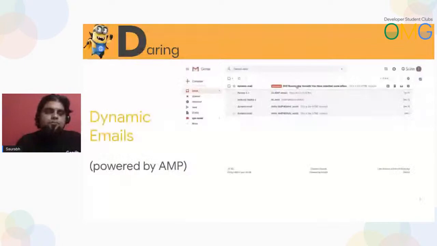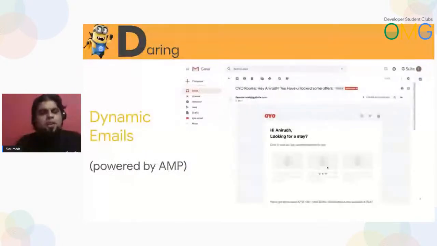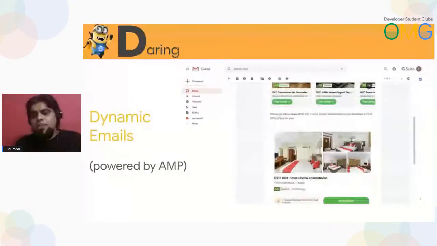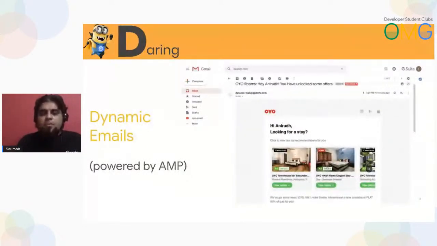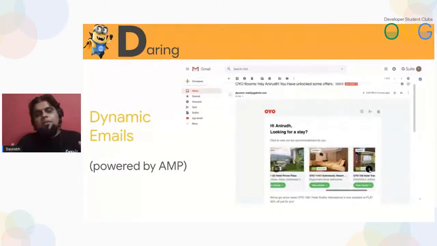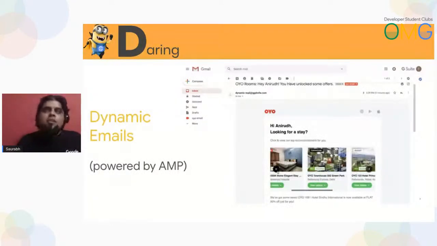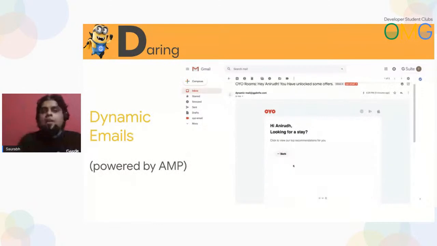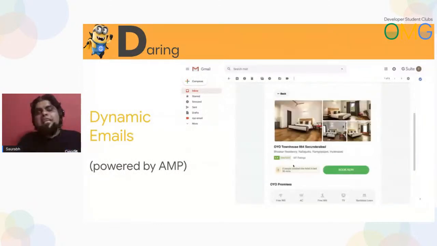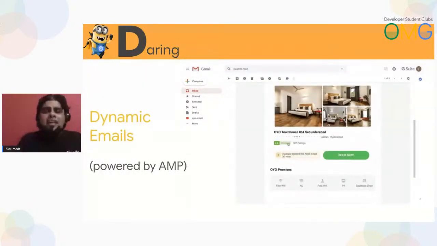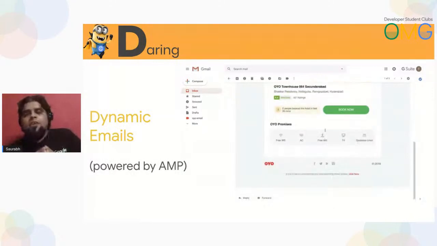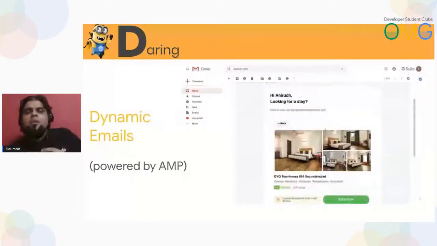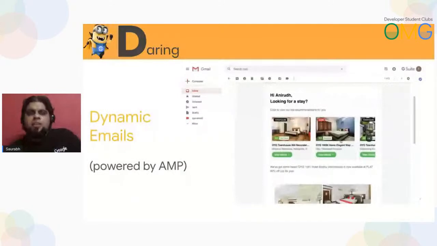So just to give you a quick example of what I was talking about, what you see here is a dynamic email which is powered by AMP. Now the beauty of this dynamic email is that all this while we have been used to seeing stale emails, or emails which are static, right? Now think of it from a lot of companies' perspective. When they send out deals to you, when they send out, hey, rate my experience and all those kinds of things, when they do all that,